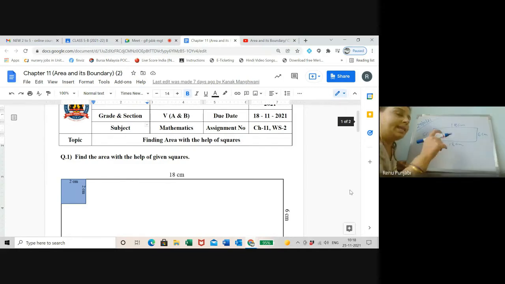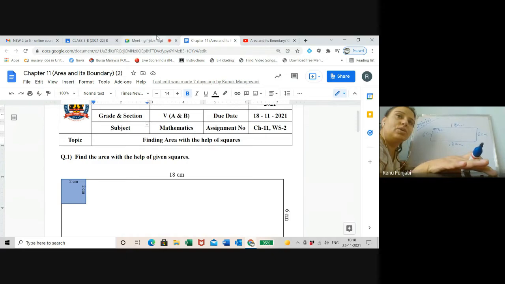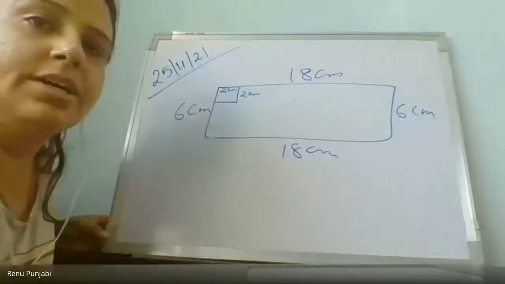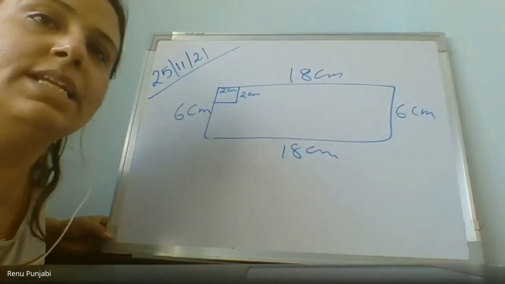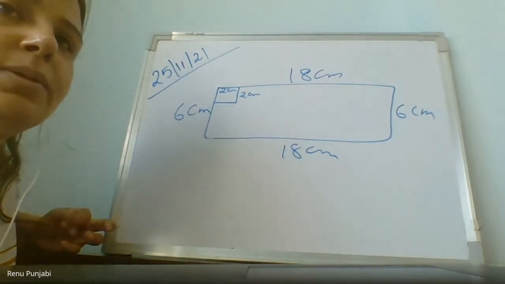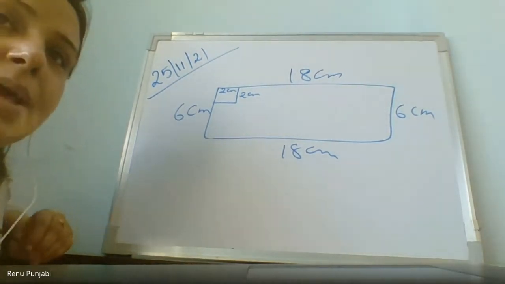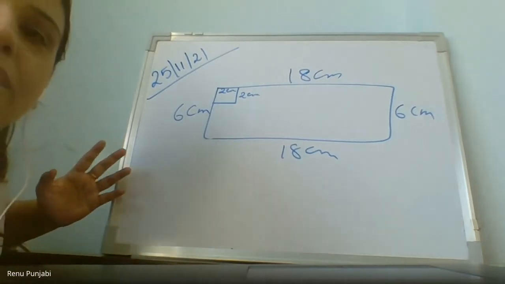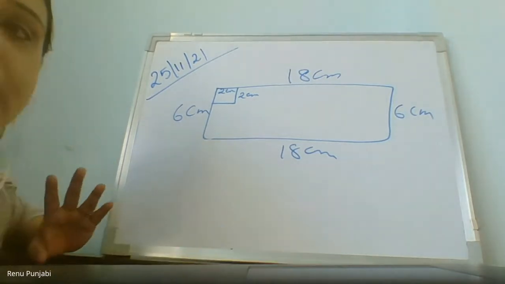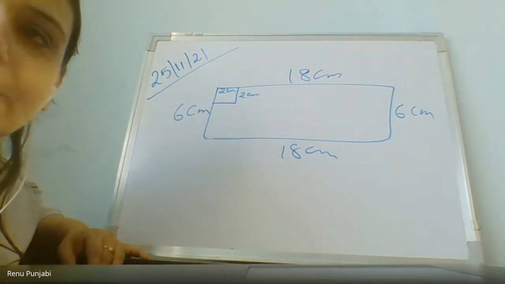Right? And now here they are filling it with another tile which is 2 centimeter. My dear, here the numbers and digits are small. Now I will stop the presentation. Here the numbers are small, you can easily do it with the square method or whichever method you know, with the length and breadth method. But when the numbers are big and the area is big, suppose you went to one big field and you want to find the area.